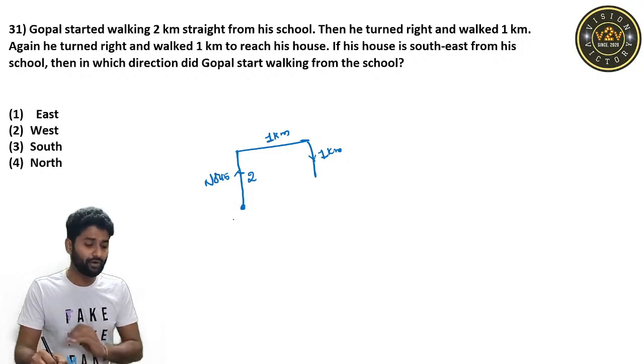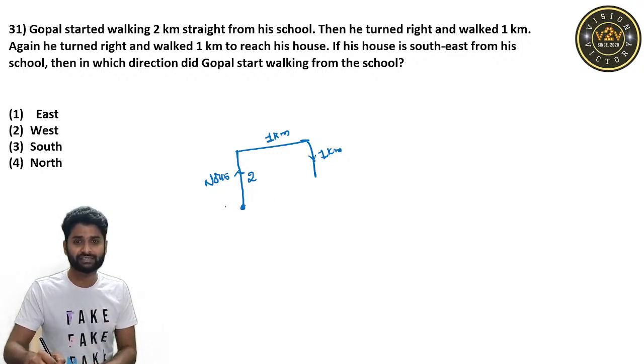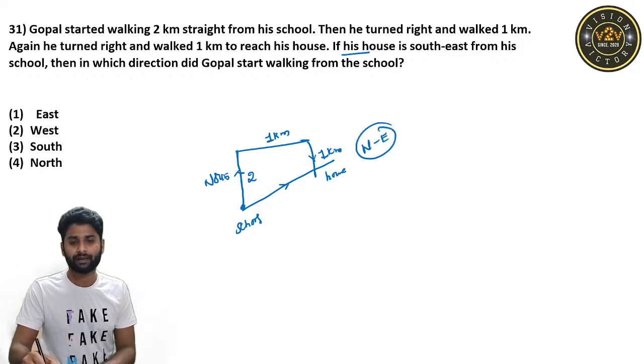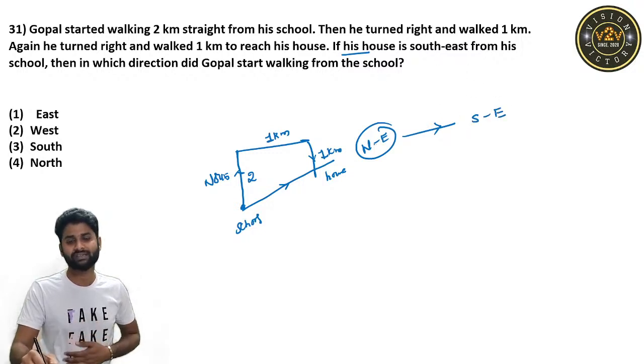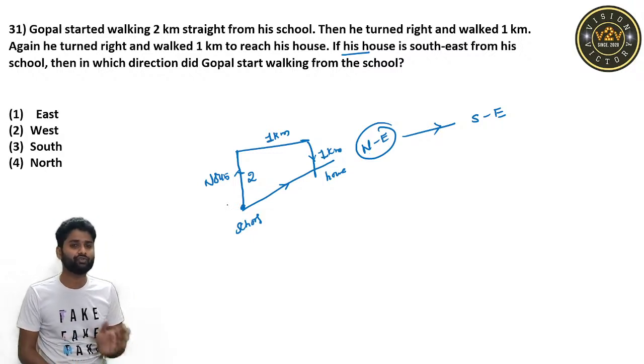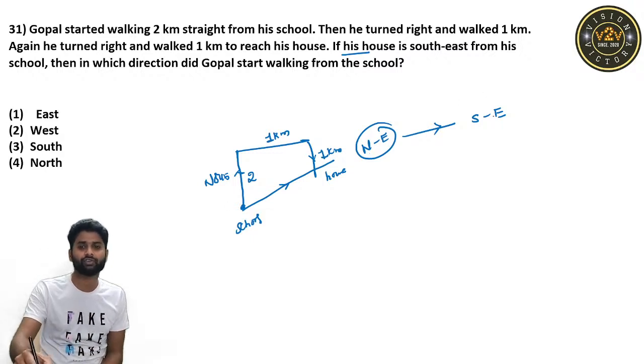So if your assumption is right, then finally, if you see this final information, this is school, this is house. If your assumption is right, then house with respect to school is northeast. But according to the question, his house is southeast from his school. It means if you start from north, you have to get northeast. But according to the question, it is given as southeast. So if you observe that